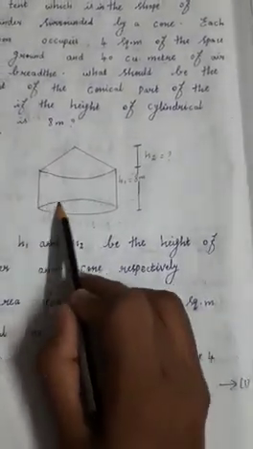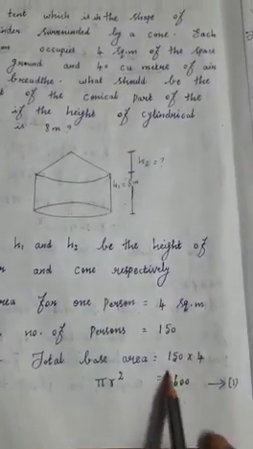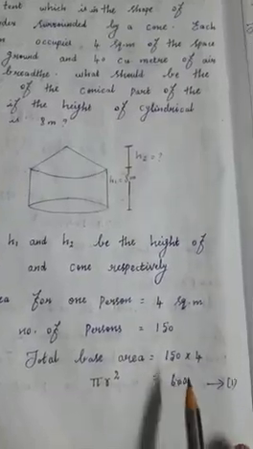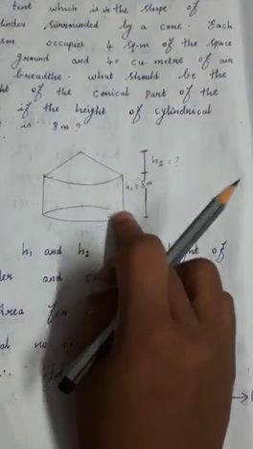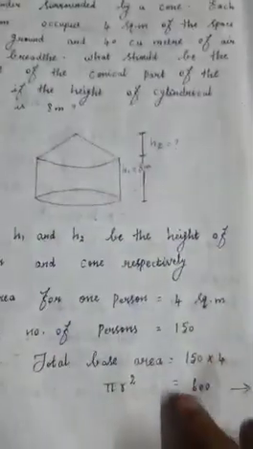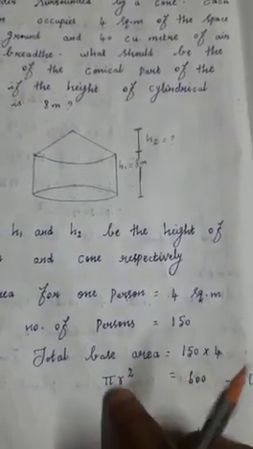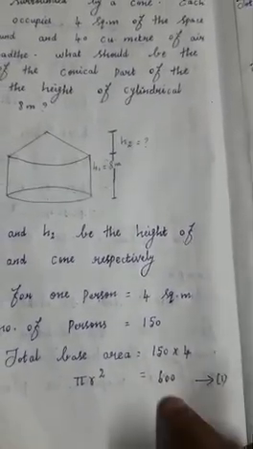Already I said this equals this: how many persons can sit, and in total how much area is needed. So 600 square meters needed. Okay, so here, is this equal or not? Yes, it is equal, because the area of the circle formula is pi r square, and we found the total area needed for 150 persons. So both are equal. So pi r square is equal to 600, which you can consider as equation 1.